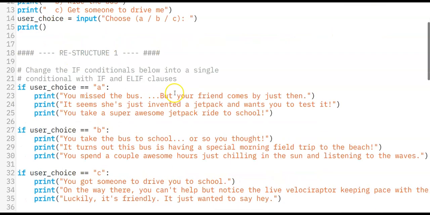A, B, or C. But when we look at our conditionals, we have if, and then another if, and then another if. And this technically would work because each of these is independent. Because if I say A, then this one here is true. And if I say B, then this is false, and this one here is true, and this is false. And if I say C, this was false, and then true. So this would work like it is. But the best way to do things, though, is not just with ifs, but with elifs, assuming they are referring